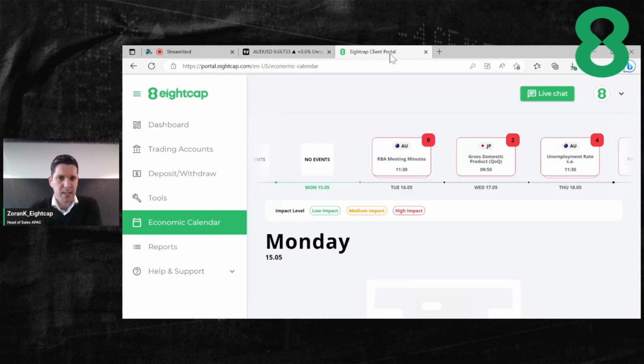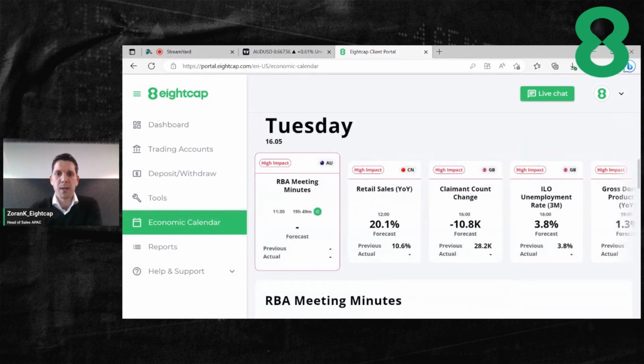Let's look at the economic calendar and have a look at what's coming up on the agenda for this week. I've only clicked on the high impact news at the moment, just to demonstrate and show what is on the agenda for the week ahead. And as you can see, tomorrow we've got the RBA minutes, and they will be quite an important one, because that will pave the way and demonstrate where we could be heading for the months of June and July. That could give us an indication whether the RBA will be lifting another 25 basis points in the upcoming June meeting.